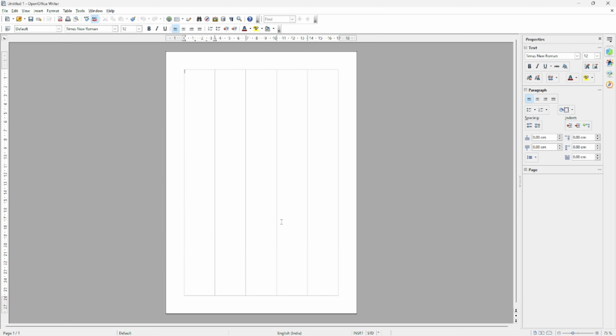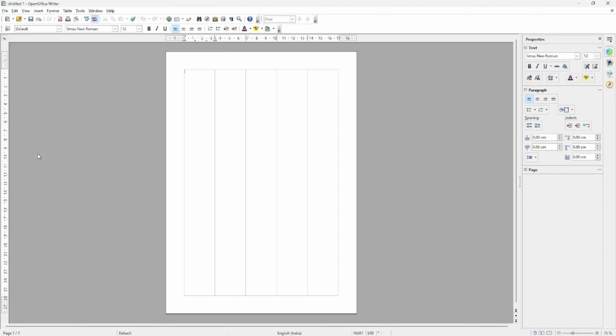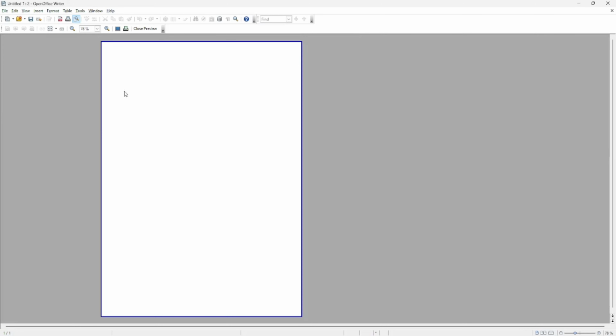Now we will see page preview and print, the last topics of this chapter. How can we do page preview? Everyone see here, we will go to File, correct? And at the bottom you see this page preview option, a page with a magnifier, correct? A page with a magnifier is called page preview. What does page preview basically mean? If I click on it, page preview will open.